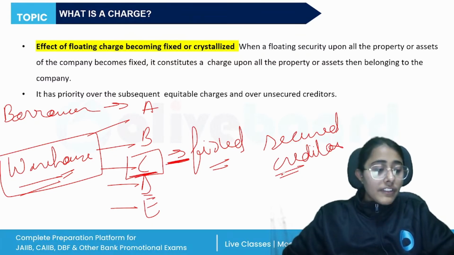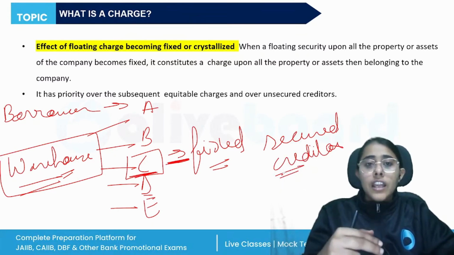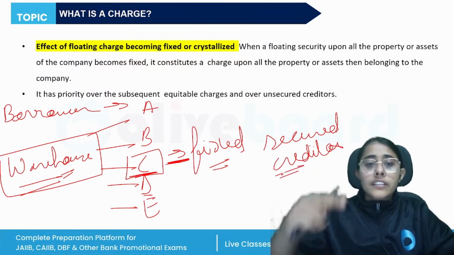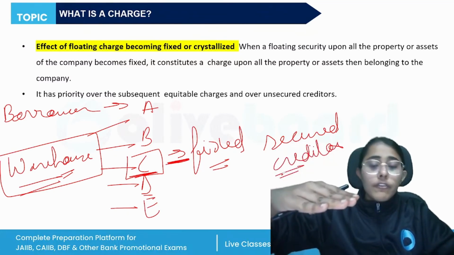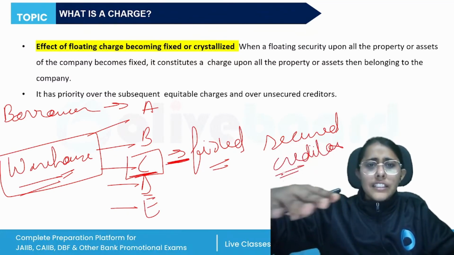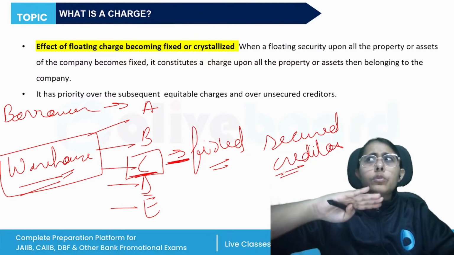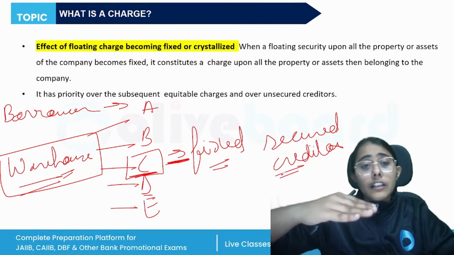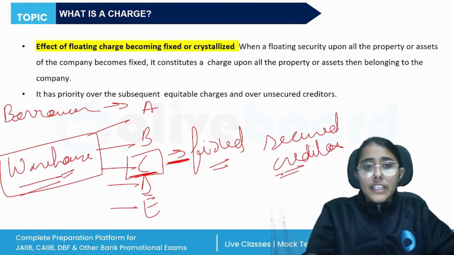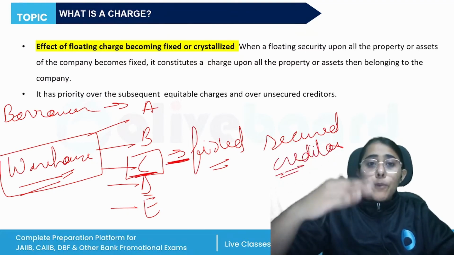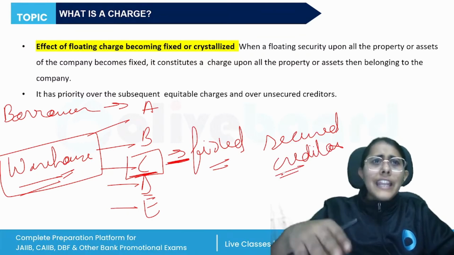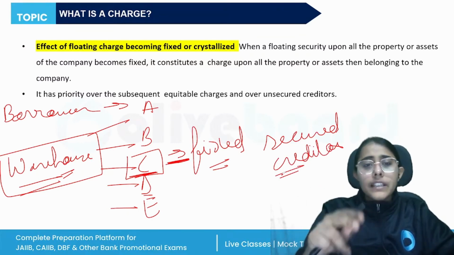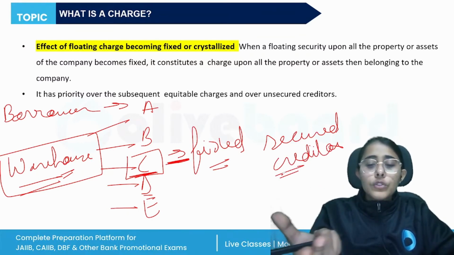When we study the SARFAESI Act, we will see the sequence. There are 8 to 9 points. First, the secured creditor will be paid from the amount that is generated from the market. Then the unsecured creditor, then payment will be made to the officers that undertook the securitization. Payments will be made to the employees of the company. Then any charges will be paid. And then on the eighth or ninth or seventh number, payment will be made to the unsecured